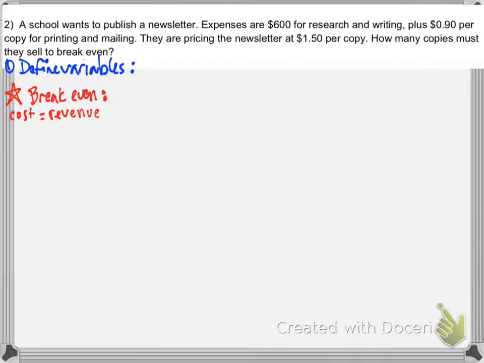So break-even is when you go from a net loss to a net gain, or a negative profit to a positive profit. So we're going to have a cost function and a revenue function. So we're going to define, so it says per $1.50 per copy. So that word is an indicator of what our variable is going to be. So X is going to be the number of copies, and then Y is going to be kind of